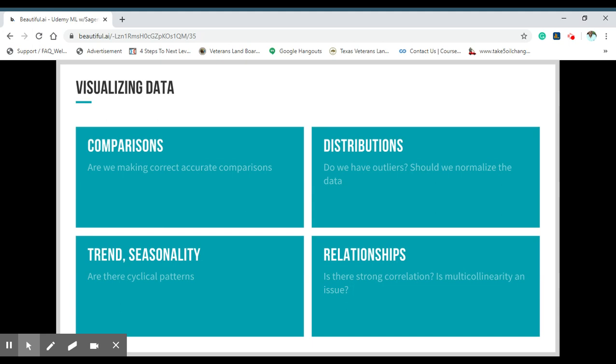And if you're making comparisons of the different data sets, or let's say, for example, you're looking at distributions of the data sets, one thing we looked at was the distribution associated with the residuals in a regression plot, right? So we want to look at those residuals, make sure that we are normalizing the data so we can see if there's any trend in the data. Do the residuals look like they approximate a normal distribution? If they don't, then we may need to make an adjustment to how we are pre-processing that data. Okay.